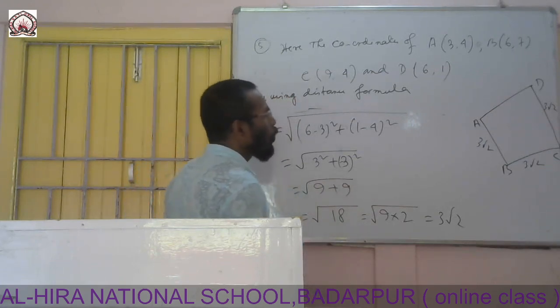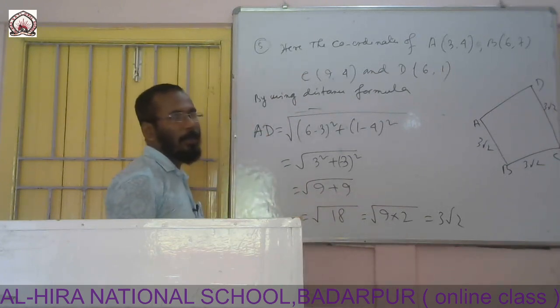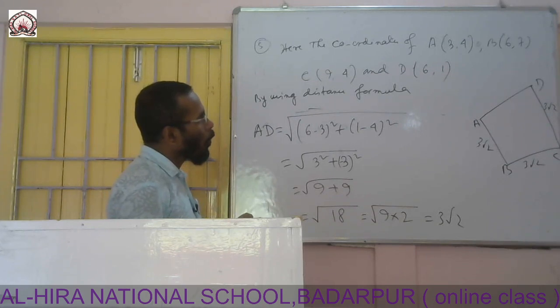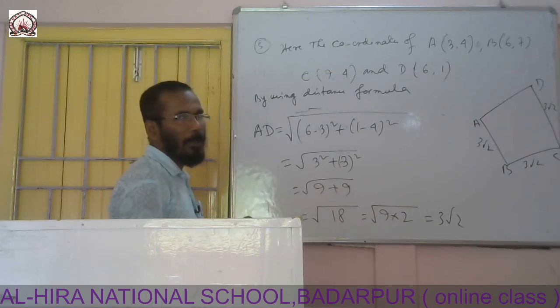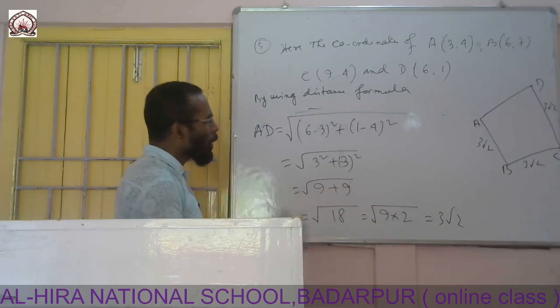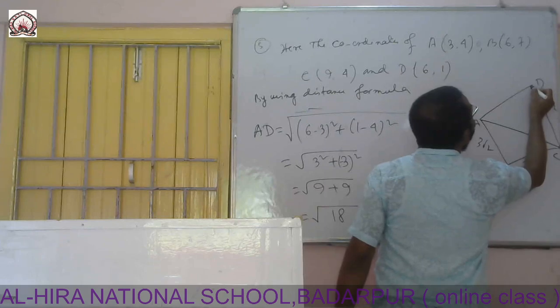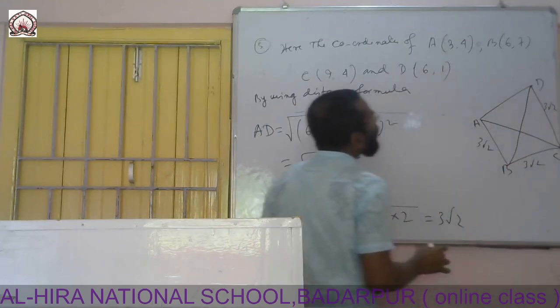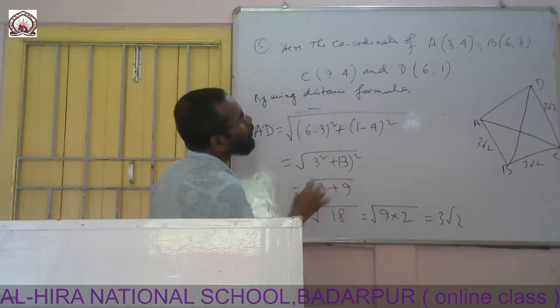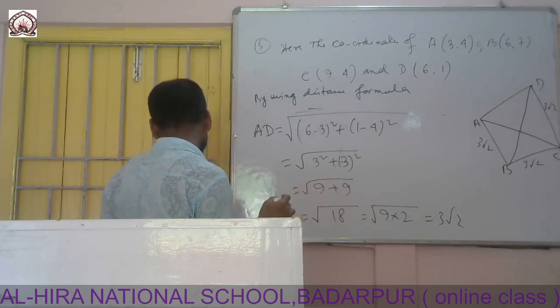So all the sides are equal, and we know a square has all 4 sides equal, but here is a clue: if it is a square, then its diagonals should also be equal, because a square and a rhombus have equal sides, but the diagonals of a rhombus are not equal. So to determine it is a square, we have to find out the diagonals also. Diagonal means the connection of opposite vertices of a square. Here the opposite vertices give AC and BD. So we have to find out AC and BD also.